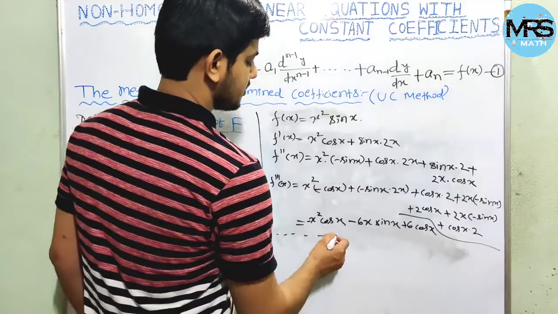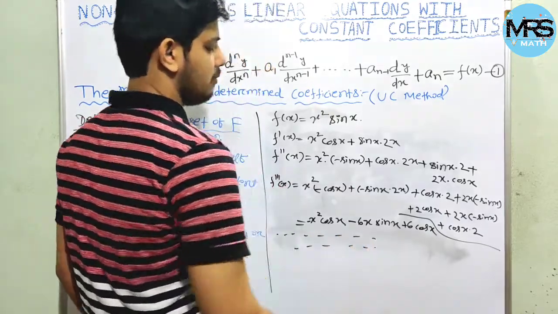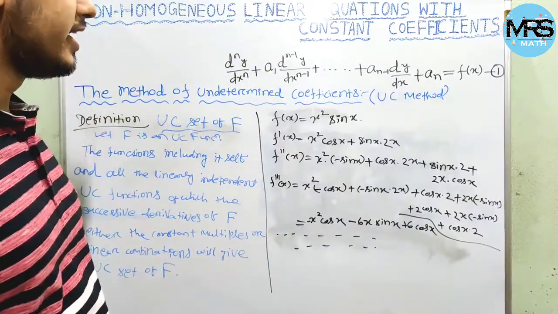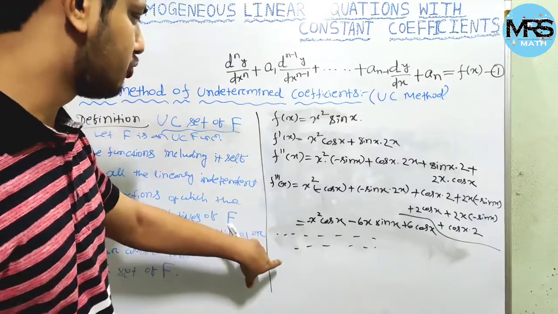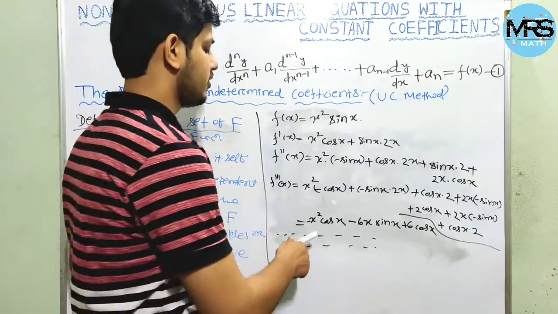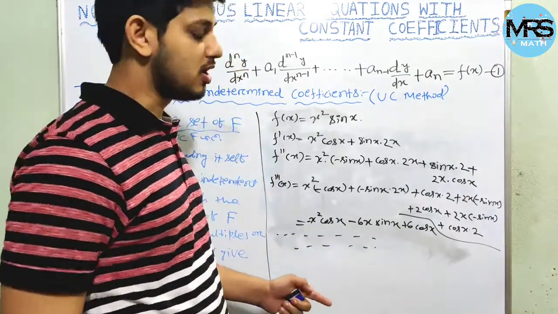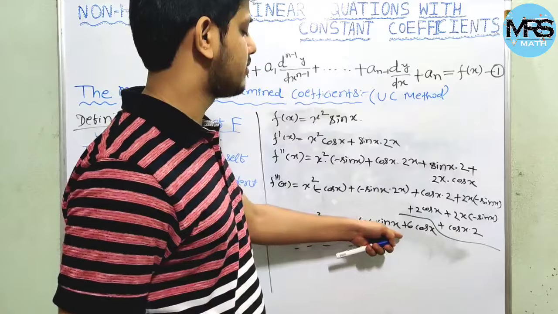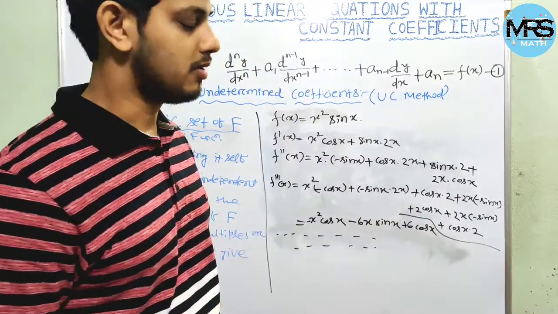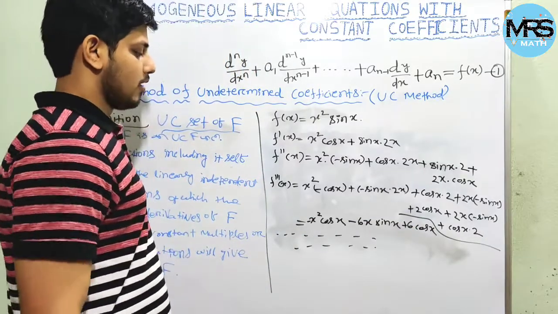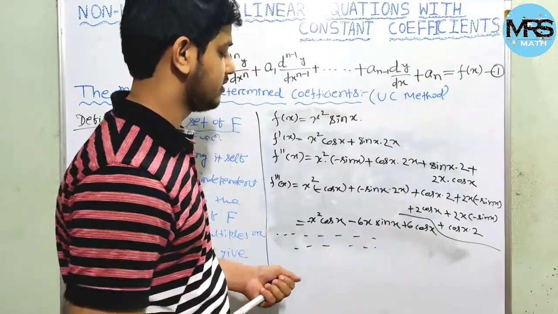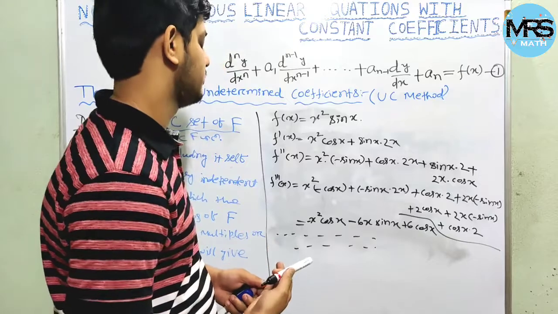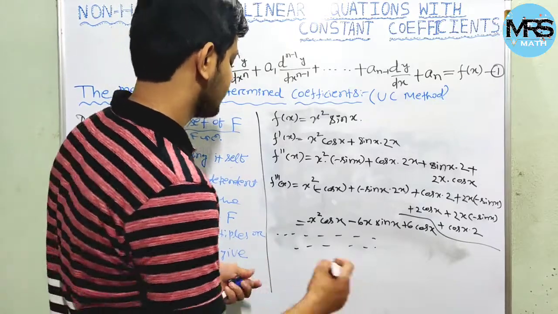Similarly we can proceed, but we cannot get a different type of function. If we take the fourth derivative, again the x square cos x term will come, the x sin x term will come, the cos x term will come. So since we are getting this type of functions, if we proceed to further derivatives,